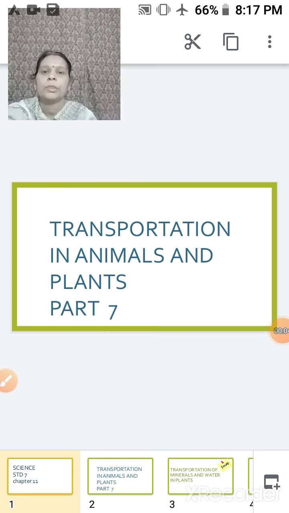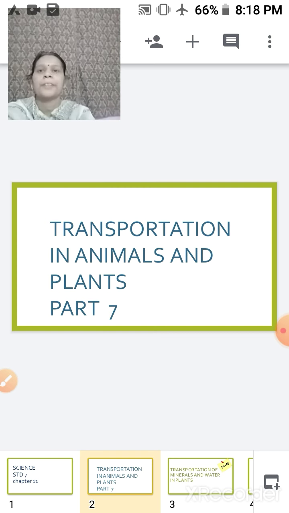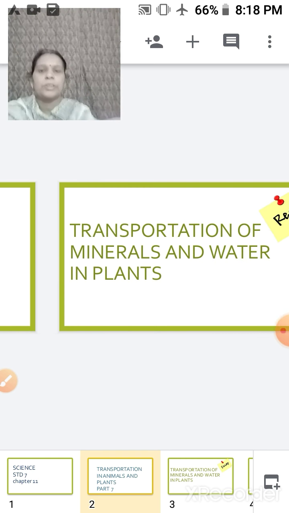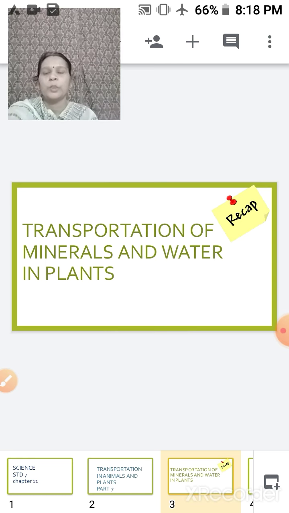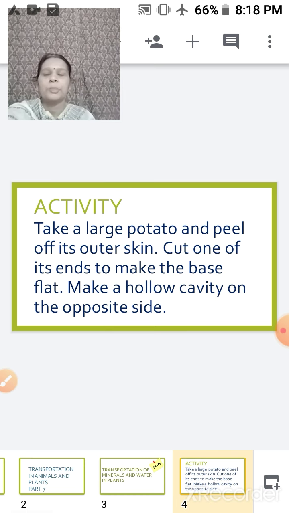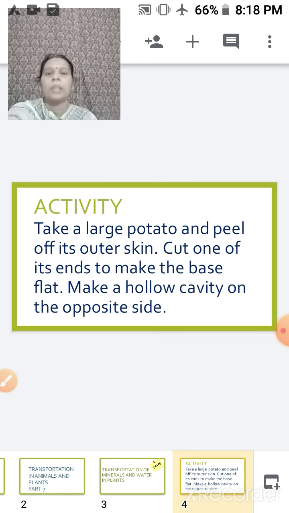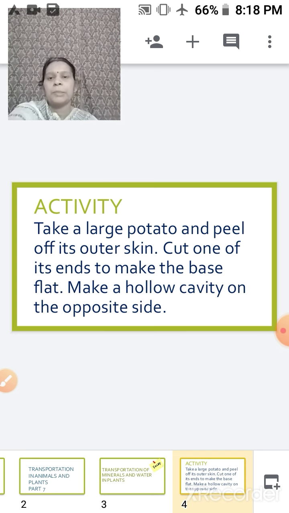Chapter 11, Transportation in Animals and Plants. This is your part 7. So children, in yesterday's period, we studied the transportation of minerals and water within the plant. When we were talking of the transportation of minerals in the plant, we talked about the vascular bundles, and those were your xylem and phloem. So today we will start with an activity, but before going for an activity, I will